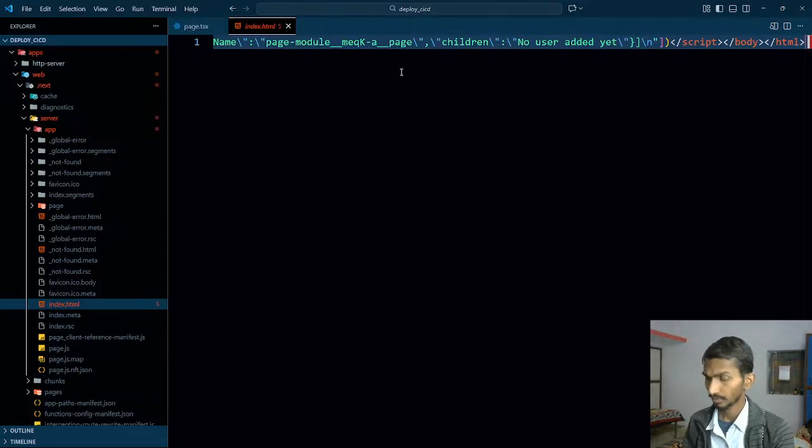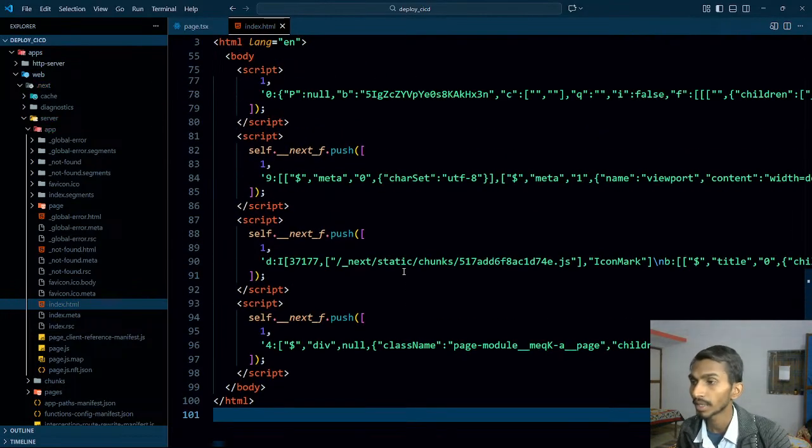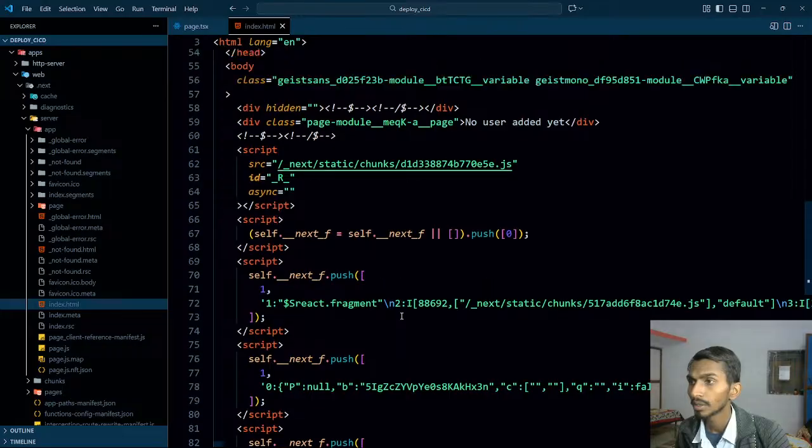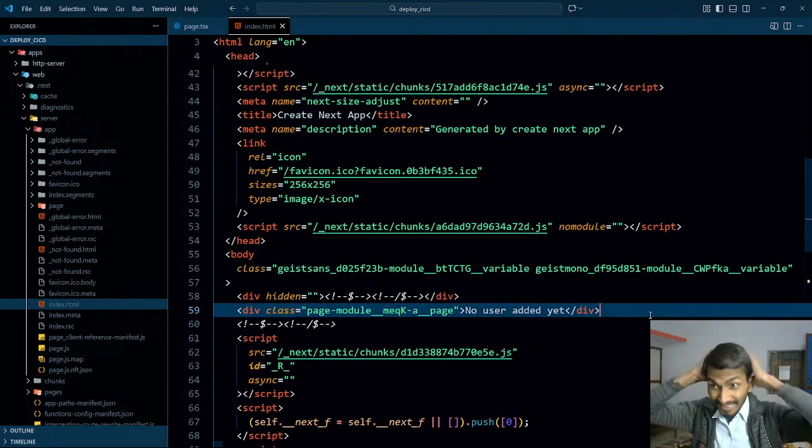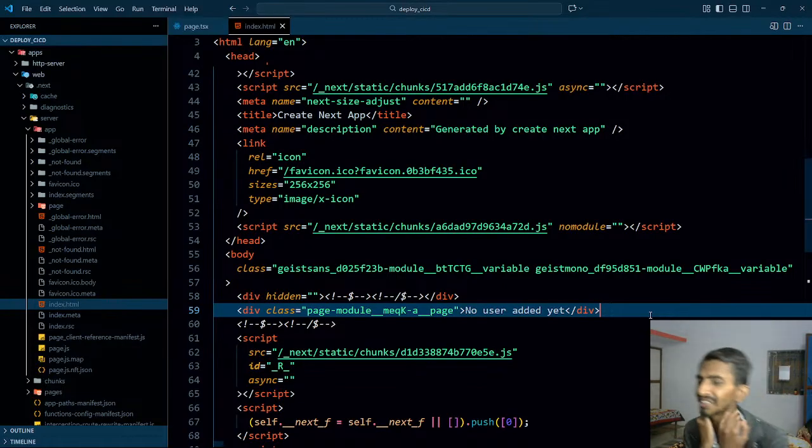Okay, I can open it like this. And what is happening in here? No user added. I think this is the reason. The file is generated statically on the server side, and because of that we only get this much data.